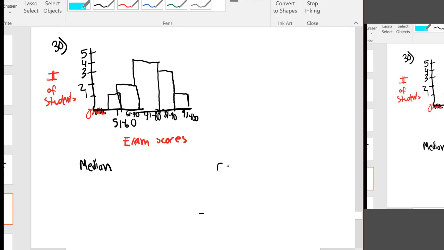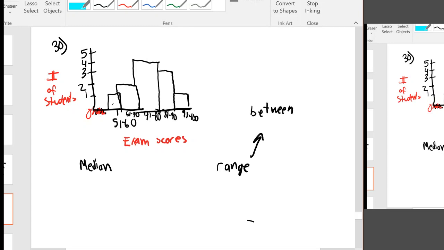versus the range. Okay. Now, the histogram is not going to give me just one score. I don't know what the scores are. It says one person got in between 51 to 60. He could have gotten a 51. He could have gotten 52, 53. It doesn't tell me. It just tells me a range of scores. But the range overall, I know that the range is going to be between